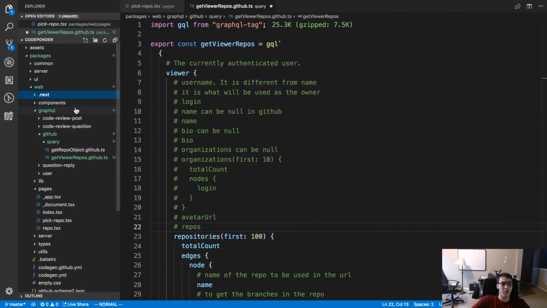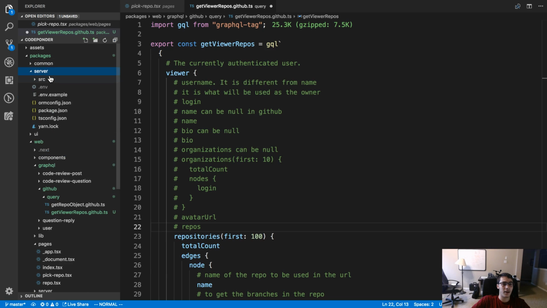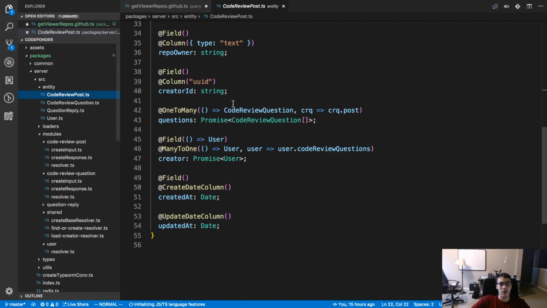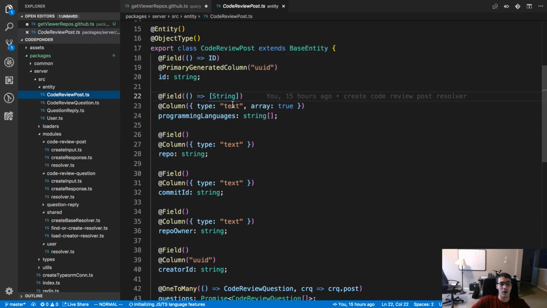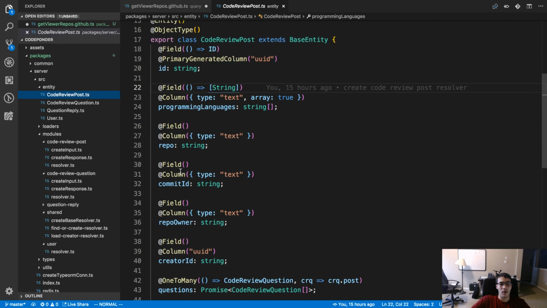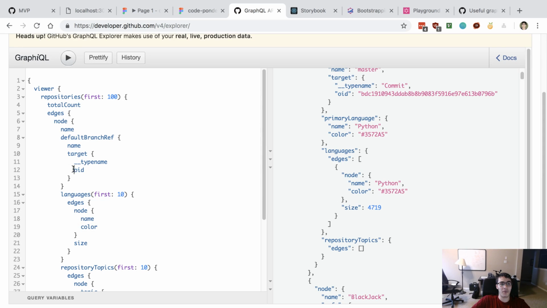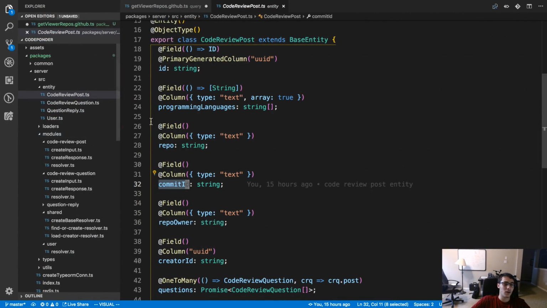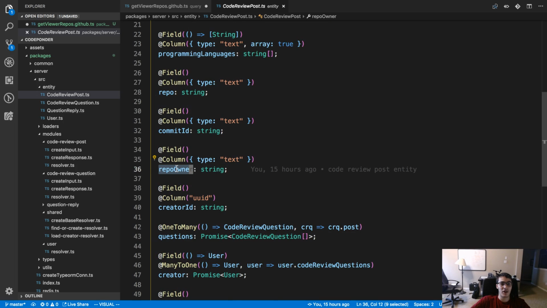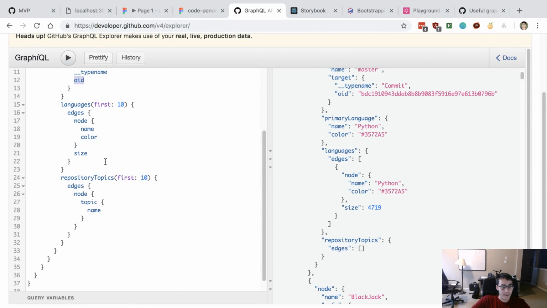Alright, so I just want to make sure that we're grabbing all the data that I want to grab. So the things that I'm storing are the commit ID, which we should be getting from the OID from the default branch. The repo name, which we're fetching, programming language we're fetching. Are we fetching the repo owner right now?